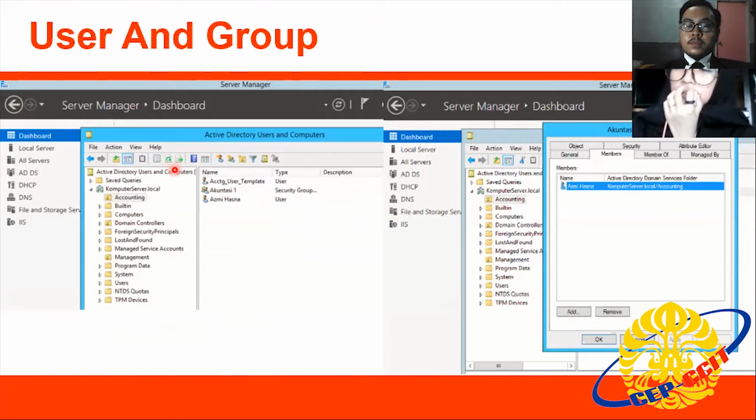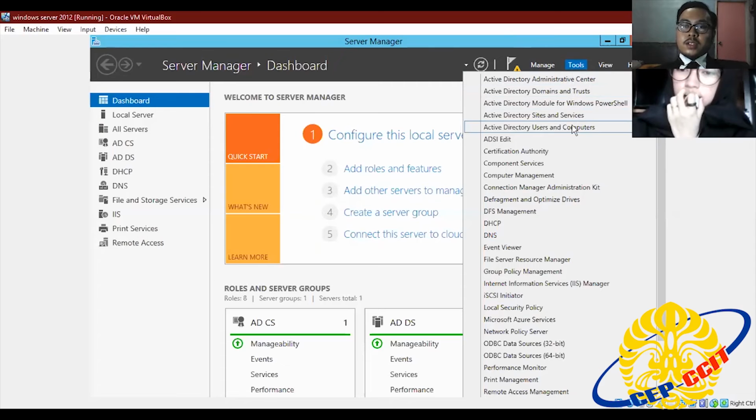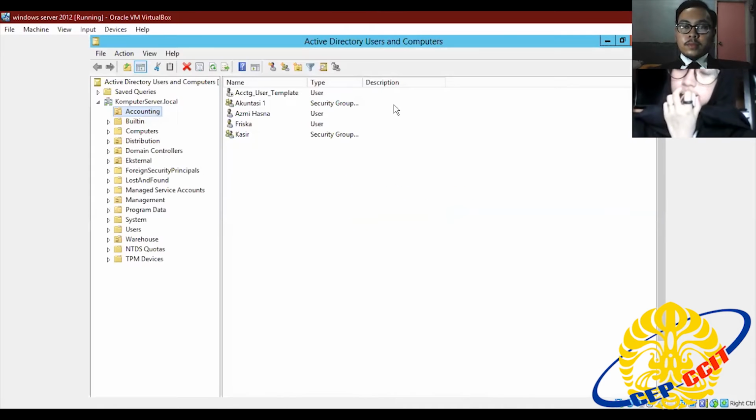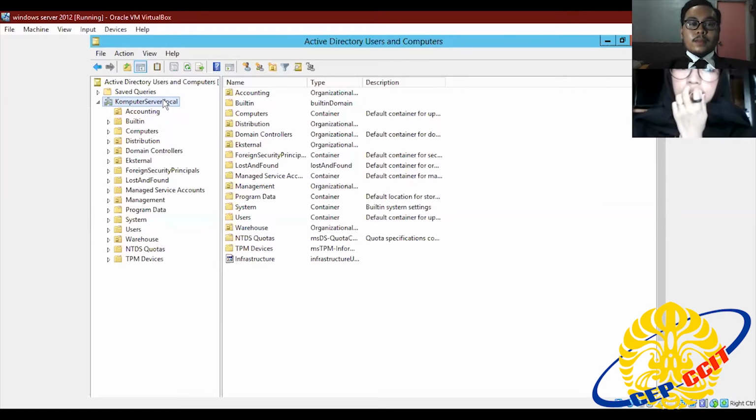Open Active Directory Users and Computers first. Create an organizational unit in the server computer. Click Tools and click Active Directory Users and Computers. In Active Directory Users and Computers, right-click computer server local.